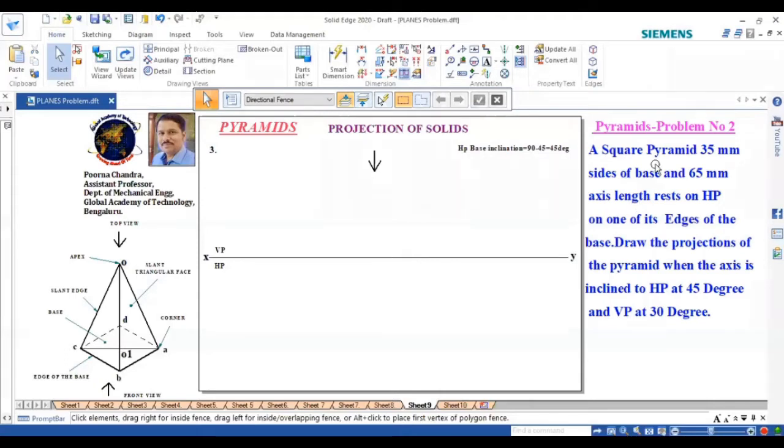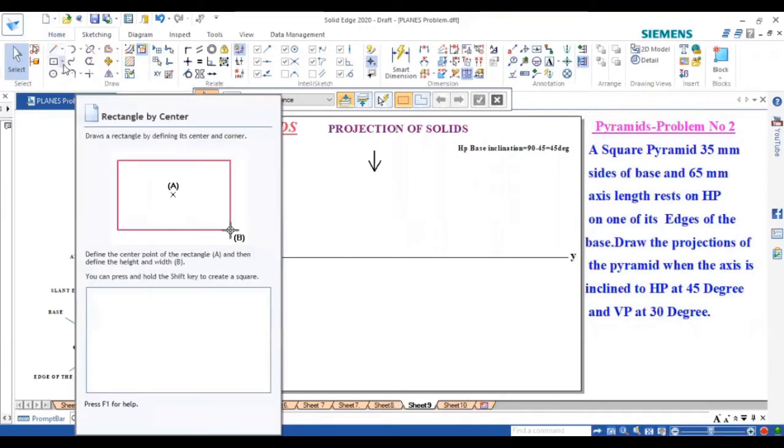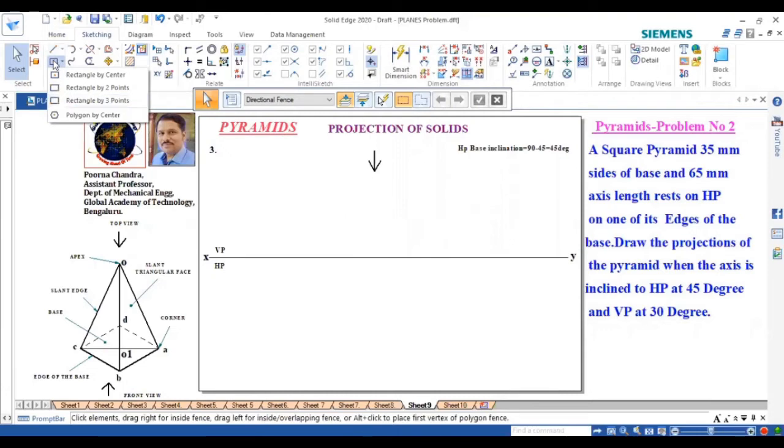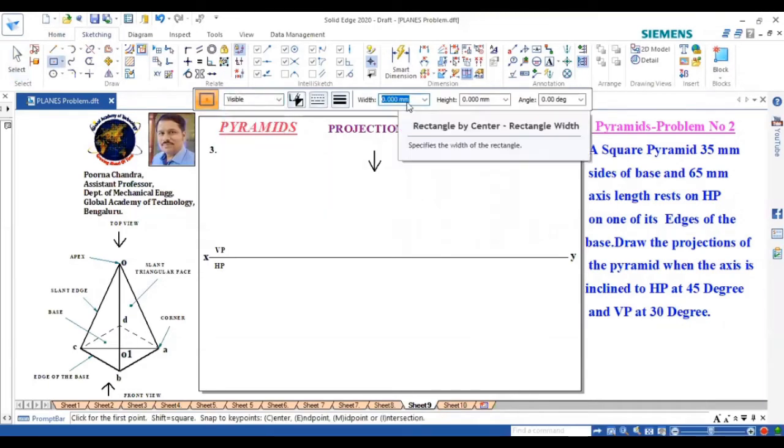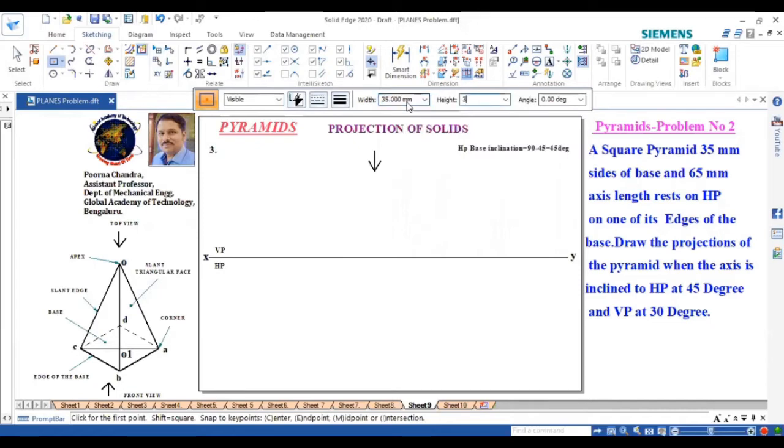Now we need to draw a square pyramid resting on one of its edges on HP, right? So first go for sketching, go for the rectangle option where you can get the square option itself. With a visible line, the width is 35 mm, 35, 35, and angle is 0.